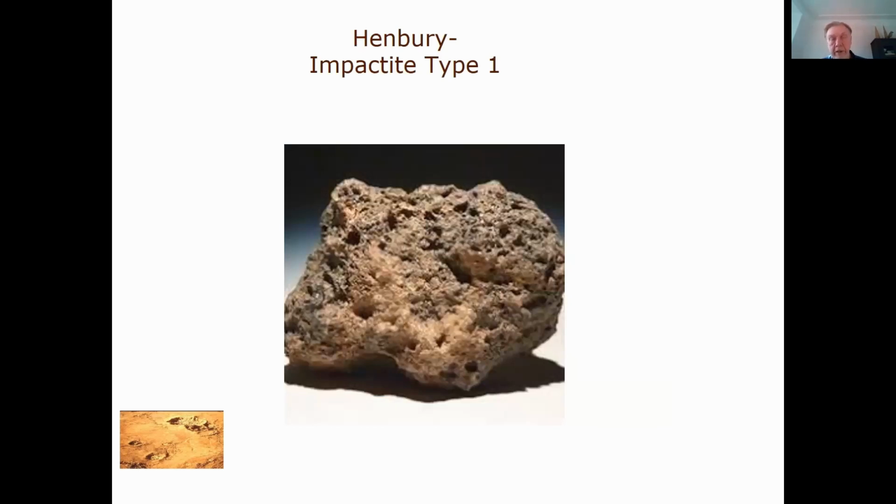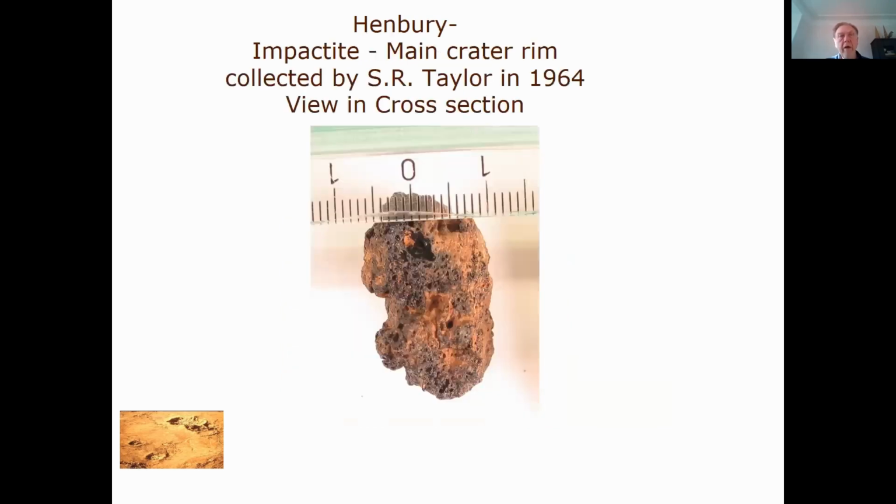Now, for the impactite, there are 3 types, and type 1 is the most common. The 2 others are rare, but they do exist. And type 1 was the one that I found. Here's a picture of another type 1, the one that we call the normal ones, the abundant ones. And we can see that they have a surface which embodies the piece of material. I was fortunate that Ross Taylor shared with me his collection of samples that he collected in '64, before there were too many tourists around the place.